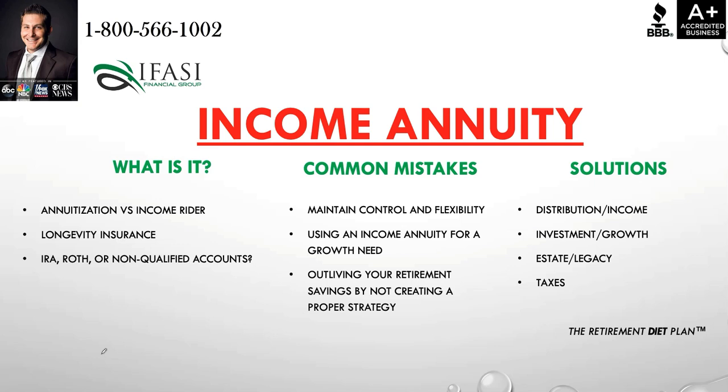So simply put, an income annuity is a type of insurance product that you could utilize dollars from IRA accounts, so qualified monies. You could utilize Roth IRA monies. You could utilize non-qualified monies, meaning cash accounts, checking, savings, things like that. And you're basically placing it into this account through an insurance company for the sole purpose of receiving some sort of income stream, either now or in the future, that you cannot outlive. So it really depends upon an individual situation and what their goals are throughout retirement.